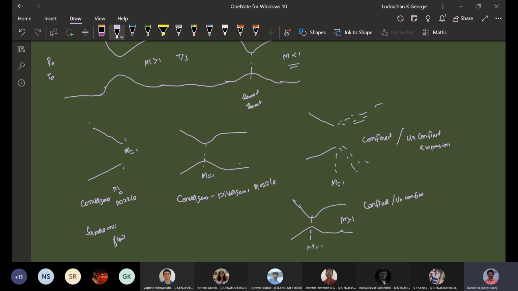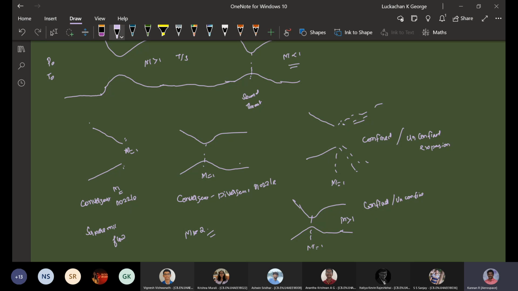Now, if you look at that, your Mach number is going to be your aircraft Mach number. If it is close to or less than 2, you can have a convergent nozzle and avoid the weight penalty. Overall, for efficiency, people used to fix a convergent nozzle. But if your Mach number is higher, surely they need to go for a convergent-divergent nozzle. Then only will you have an effective expansion.